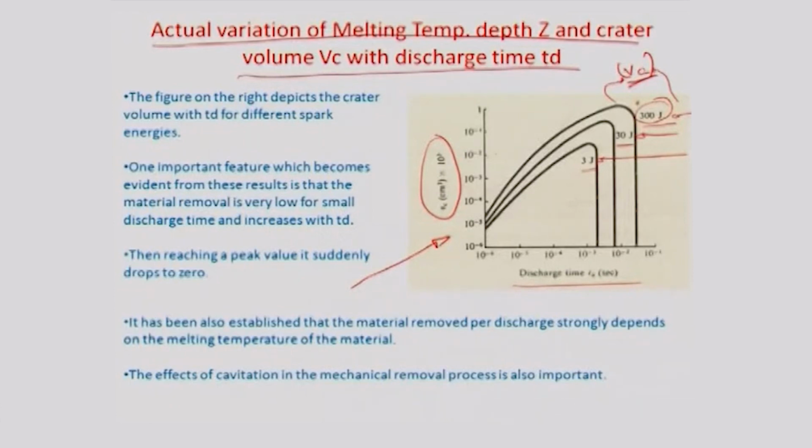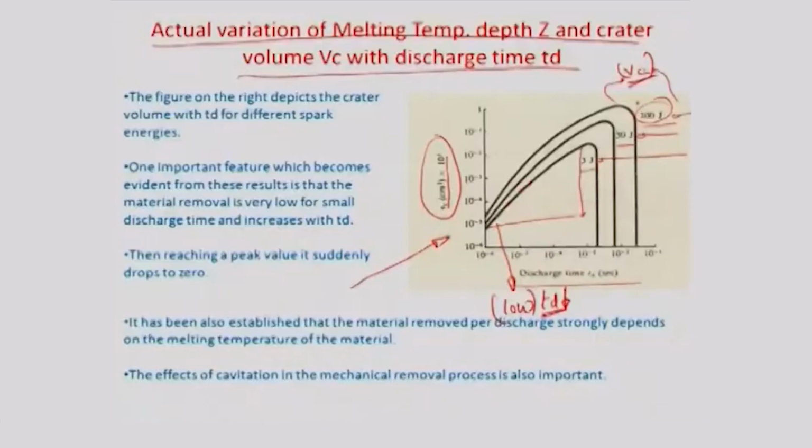If you look at some other peculiarities in this graph, one important aspect is that the volume of the crater is very low at low discharge times. If this value of TD is low, the amount of volume removed, as you are seeing, is very low, for the obvious reason that if the spark is not of enough duration, the amount of